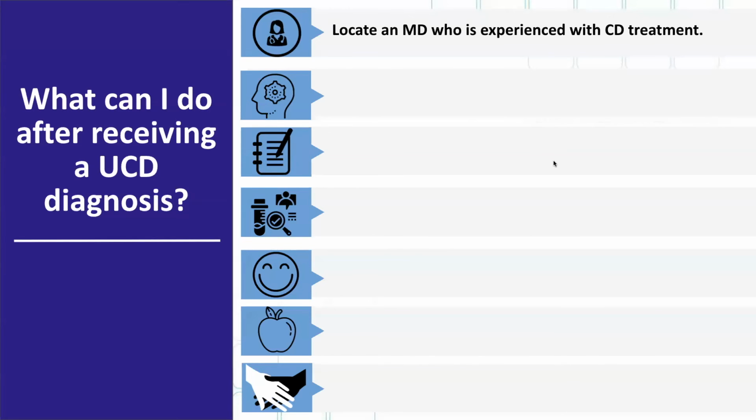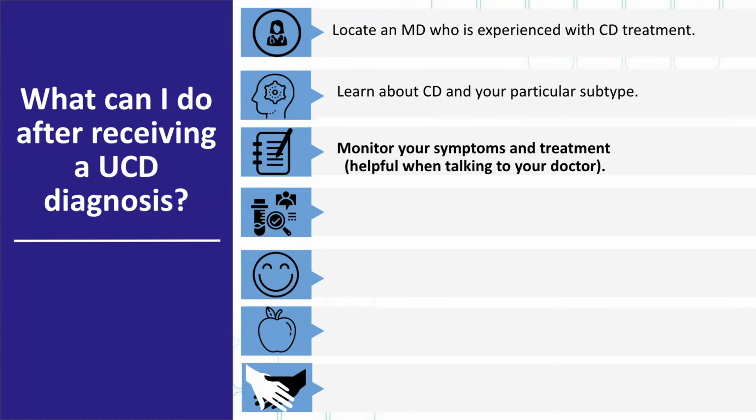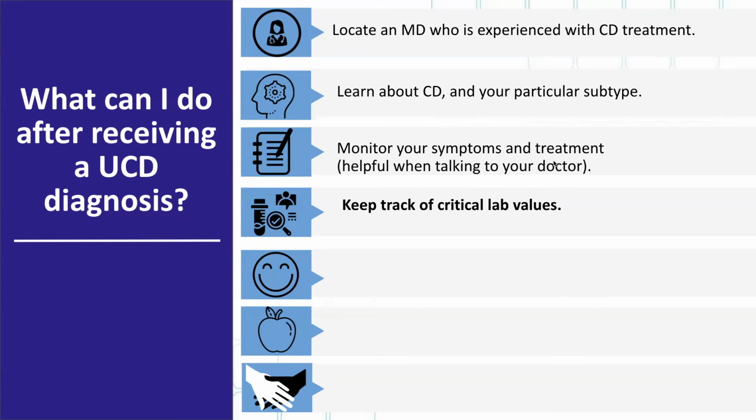Okay, so what can I do after receiving a diagnosis? I think everyone here knows these sorts of things. You can find a Castleman disease experienced clinician, although we're hoping we get to a point where that's going to be less and less necessary. I like always helping doctors or patients directly, but ideally they shouldn't need to. We want to get to a world where this can just be treated by a normal hematologist anywhere in the world using the playbook that's been published and that's accessible to them.